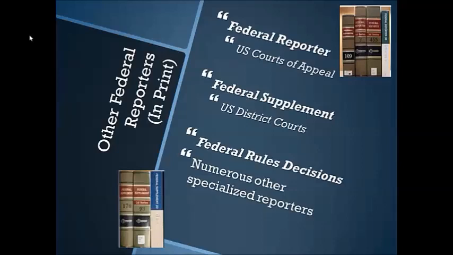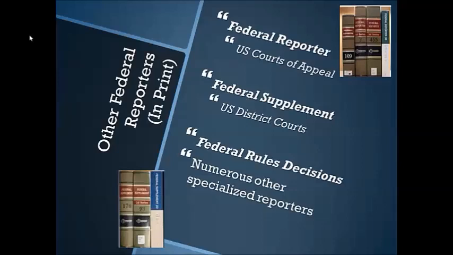And remember, when we were looking at that slide with the appellate process, I mentioned that the United States District Courts, even though they're a trial court for the federal system, can be an appellate court for lower state court issues. So that's why we publish their opinions even though they're at the trial court level.